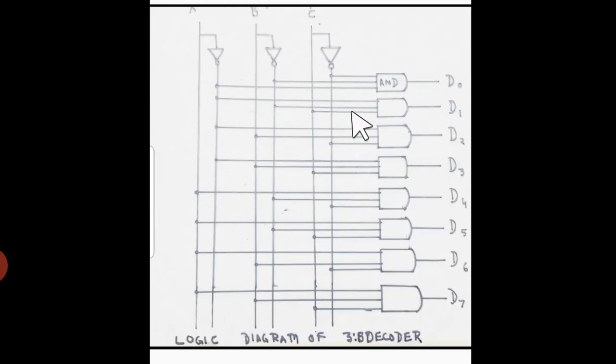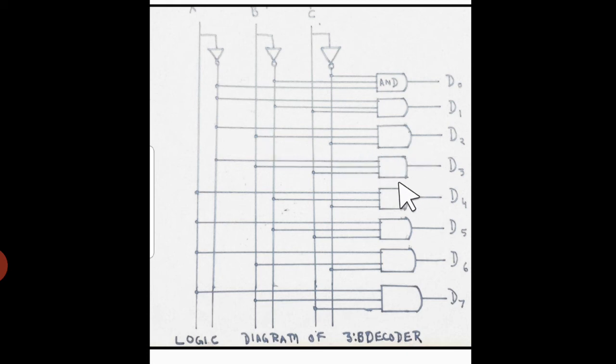So here students, you can see when the first input combination is 0 0 0, so I made 3 connections from A complement, B complement and C complement. When I wanted 0 0 1, so here it is connected with A complement, B complement and with C, and you can see other combinations as well. We talk about this D2, so it is 0 1 0, so here it is A complement, then B and then C complement.